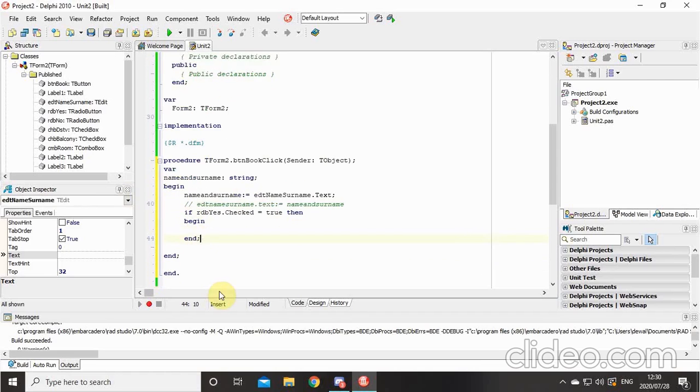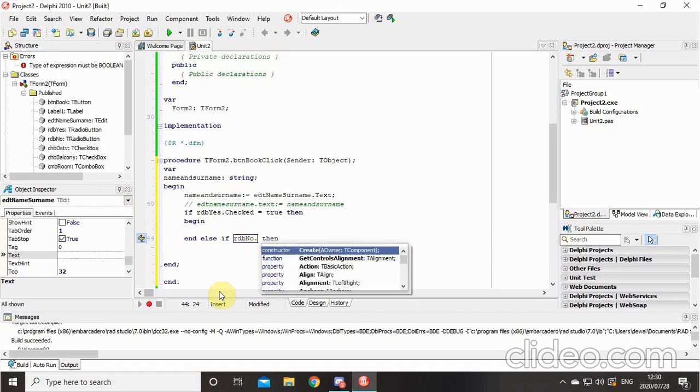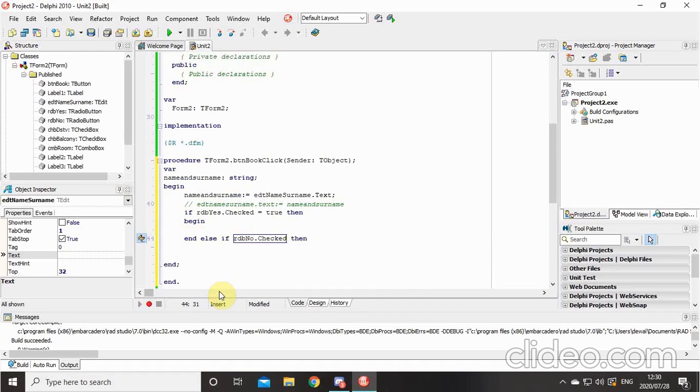Then we want to remove the semicolon off the end and write else if, and then we want to write rdb no dot checked equals true. Then we want to do another set of code. So how we read this, if our radio button yes dot checked, so it's a property, is true, then